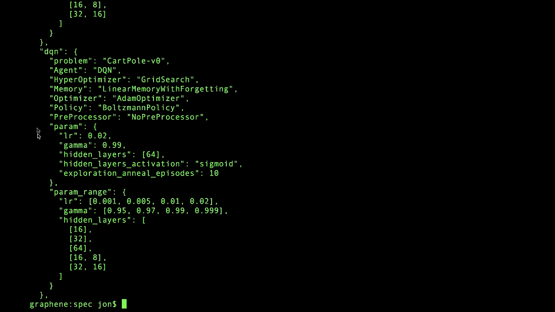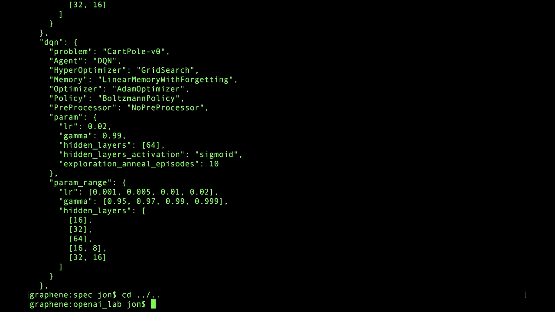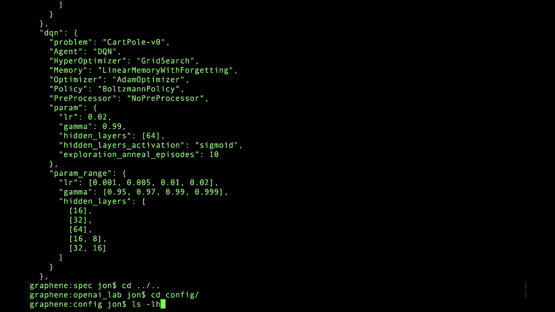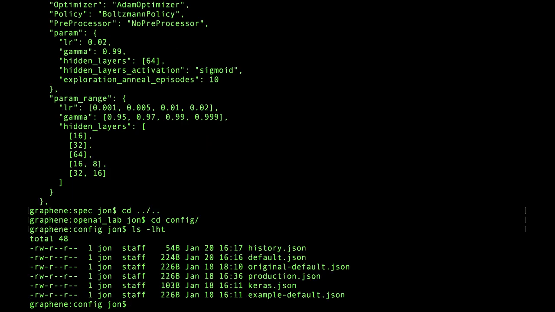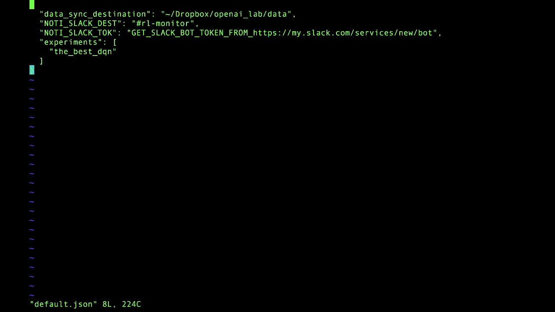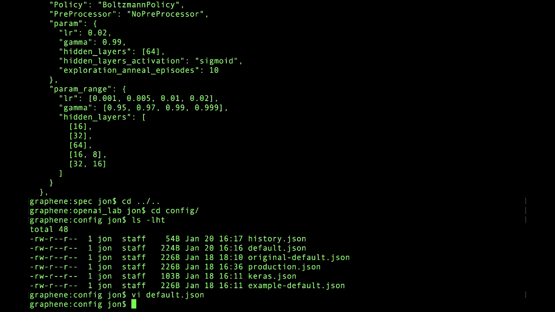Now to run this DQN experiment, we can head back to our config file. And we can have a look in there. We can set our default .json to, we can change the experiment name to DQN. And now, instead of running grunt with the best flag, we are going to remove the best flag that we've